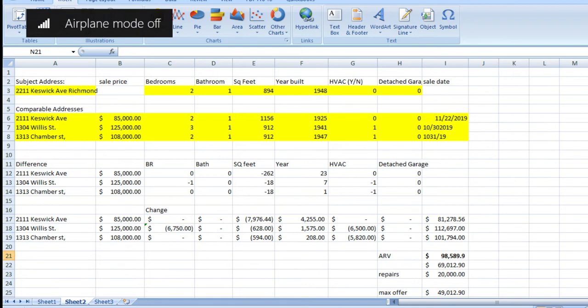So here's what we want to do. We want to see what we'll pay for it. So let's assume that this needs $20,000 in repairs, right? So we're going to put $20,000 right here. Okay? $20,000. And when it's fixed up, we don't want to pay based on the ARV being $98,000. That means we're not making money. We want it to be 70% of